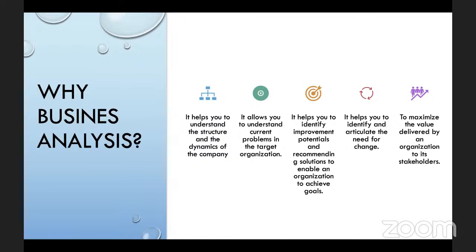As you get into any organization that you're going to be working with, keep that in mind. And then to maximize the value delivered by the organization to its stakeholders, right? Every organization, change is not the problem, right? But anytime we authorize a change, that change that we have authorized, there has to be some value, right? Well, like we always say, minimizing cost and maximizing profit, right? So stakeholders, they